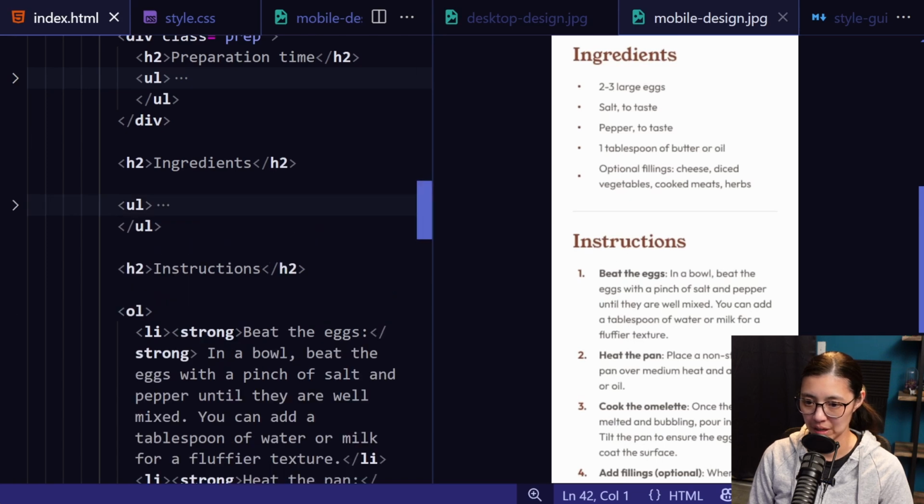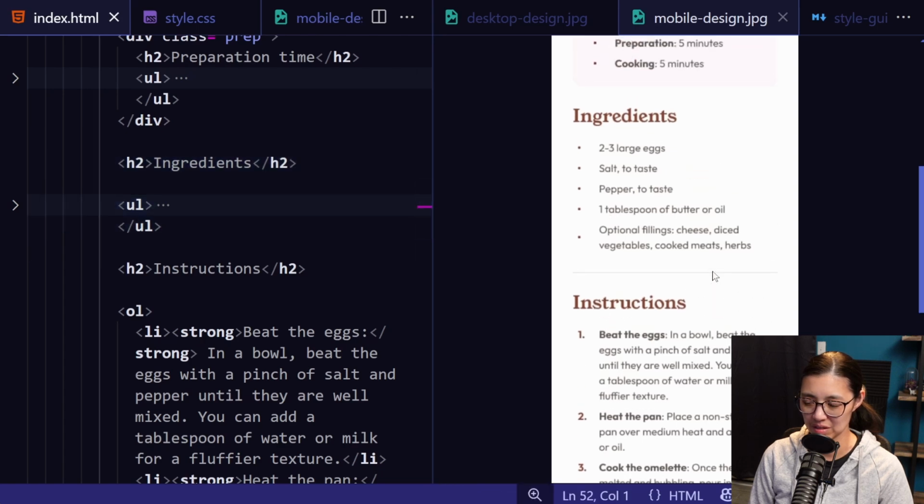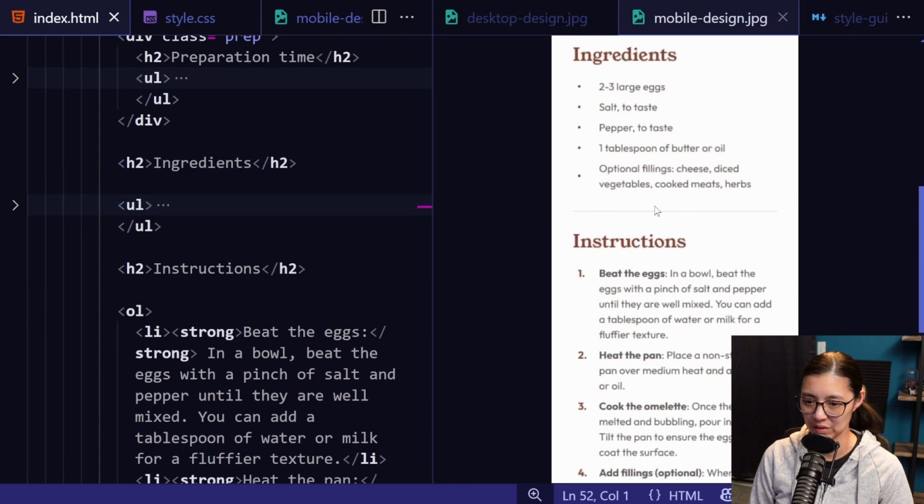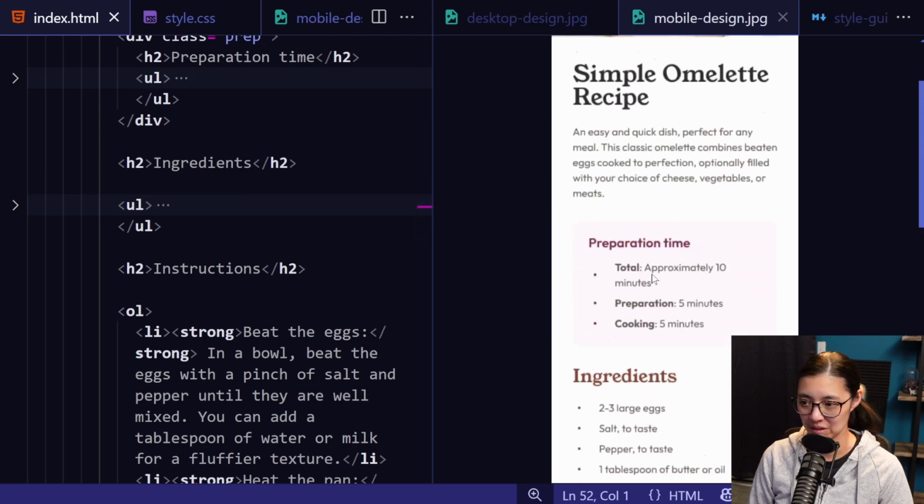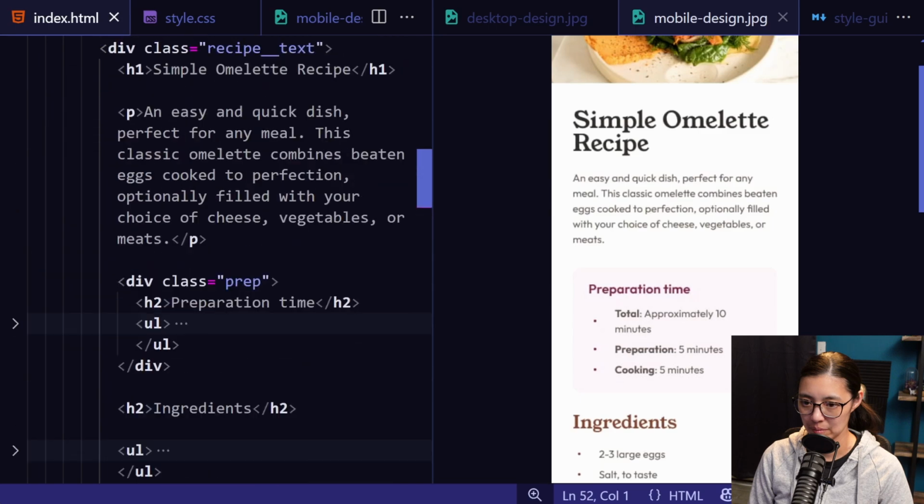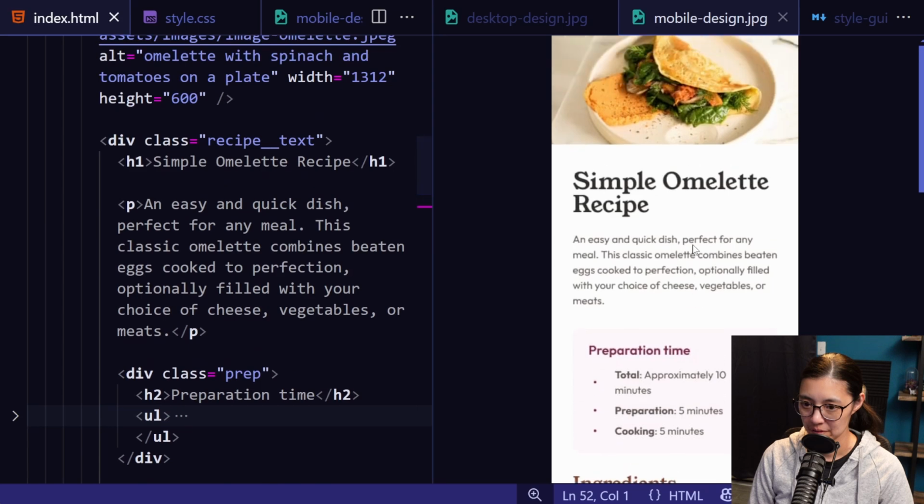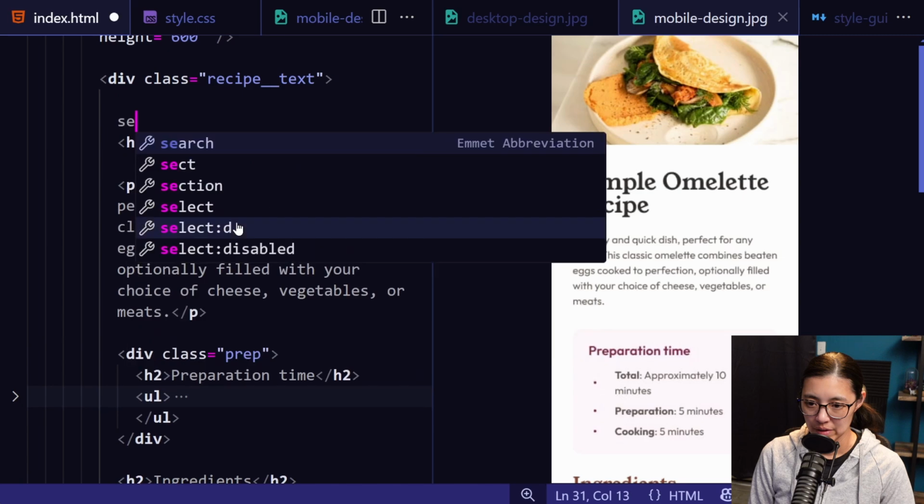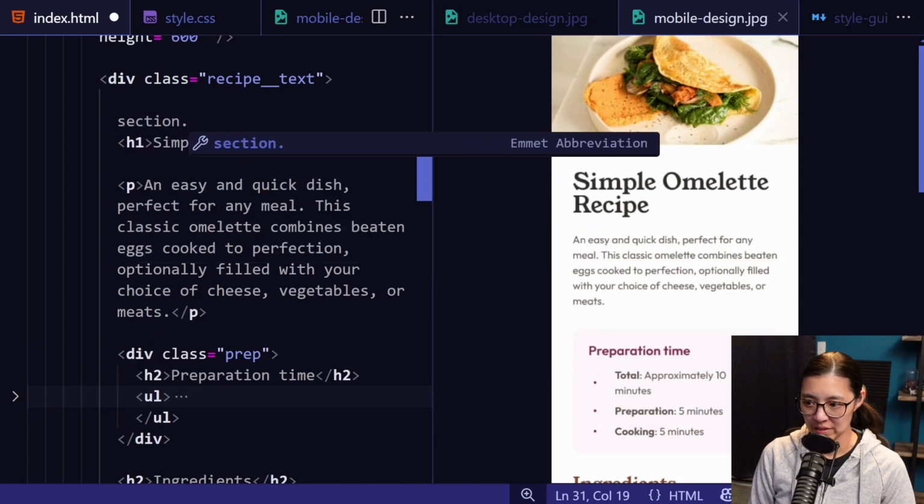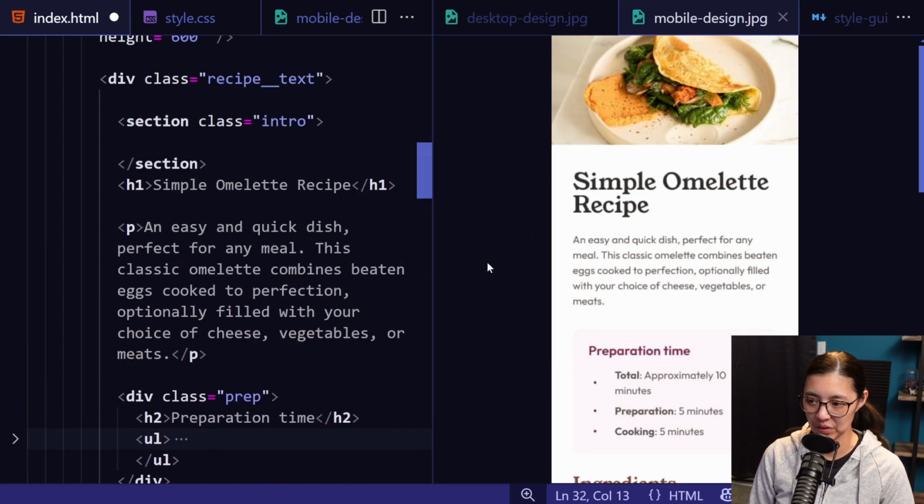So here we have our ingredients with the list, and then you don't necessarily want to add the line to the unordered list. So I think what would make the most sense to me is actually maybe making a section tag for all of these. So what I mean by that is section, and I will give it a class of intro because it's kind of like the title and the intro